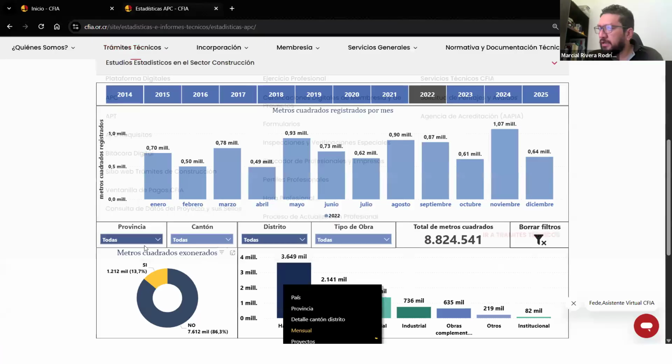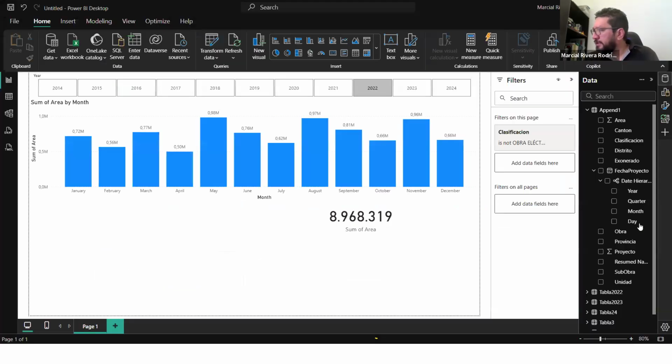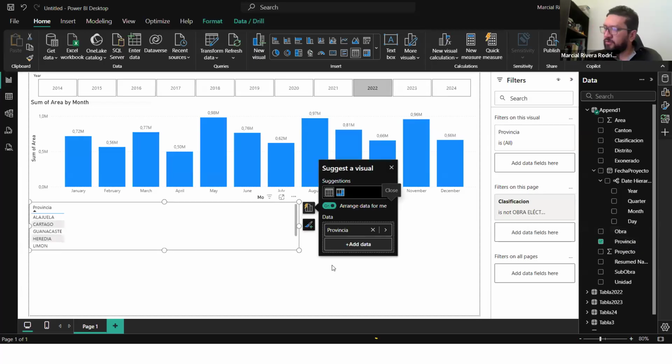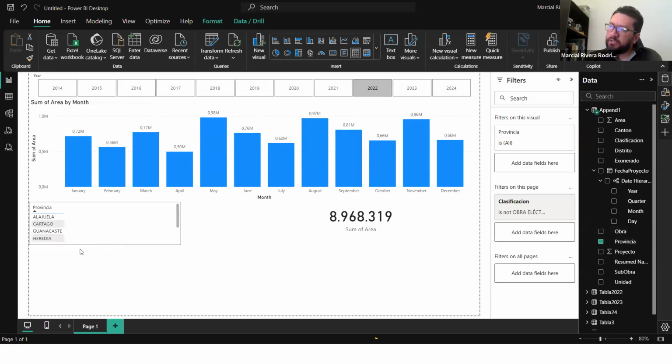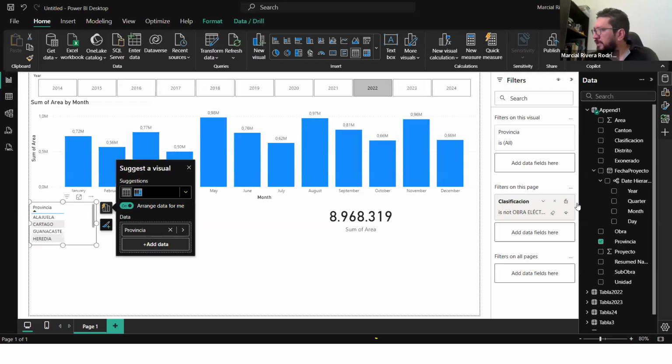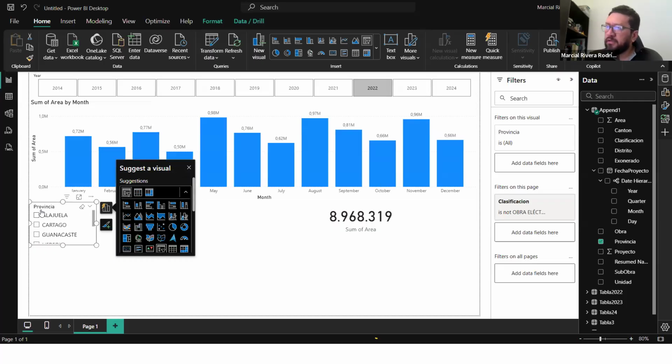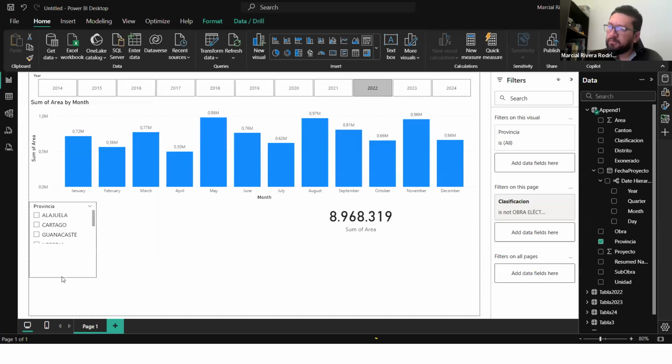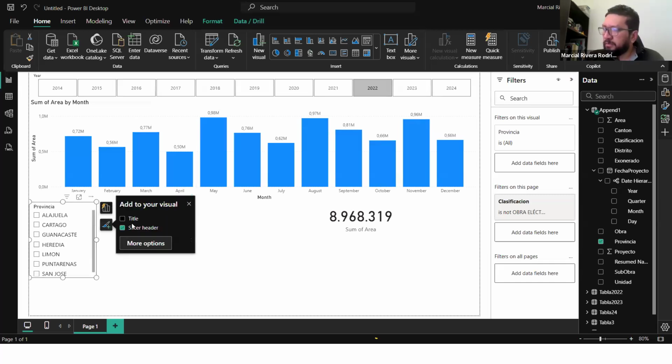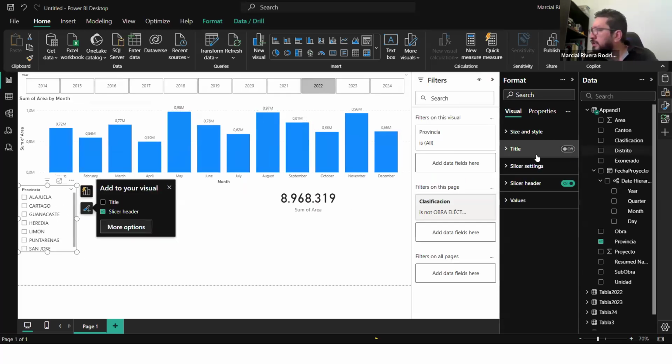Okay. The other thing that I want to copy is this administration. And so I'm going to copy this province. Normally what I do is that I drop it up here. Normally it puts it in a table format, but I say, okay, I don't want it like a table format. I want it like a slicer. Normally I put it like buttons, but then I say again, no, thank you very much. I don't want that kind. I want it like a